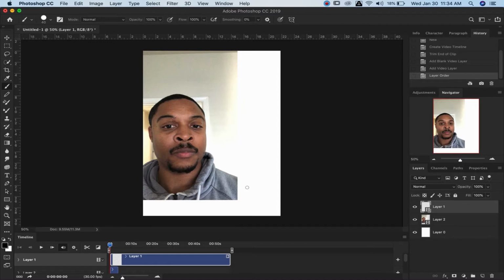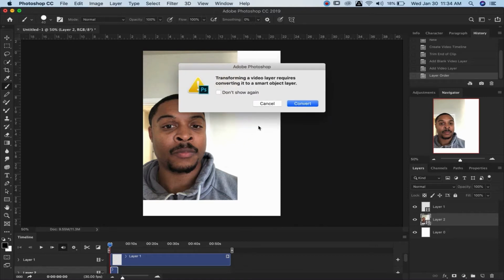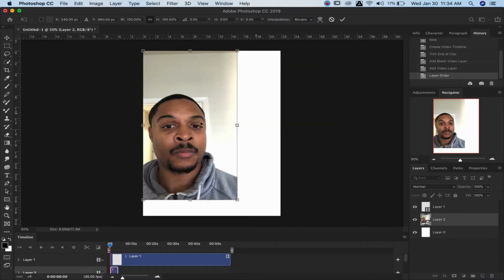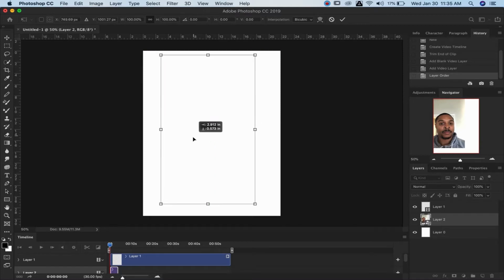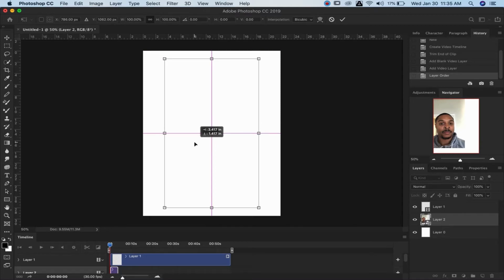Then what I'm going to want to do is click on layer 2, and I'm going to hit Command T because I want to bring my image, my video file, in a more proper area so that I could trace it properly. So I'm going to hit Command T to transform, and this is going to pop up. You have to convert it into a smart layer, smart object layer, so that you can move it around and everything like that. So good thing about Photoshop is it has these things to tell you right when your stuff is perfectly centered. I got a nice crosshair. I'm going to hit check,